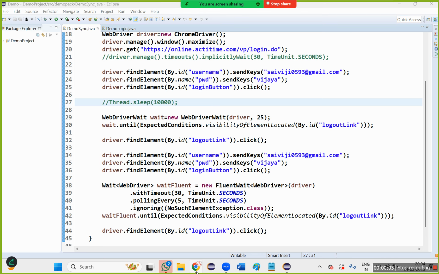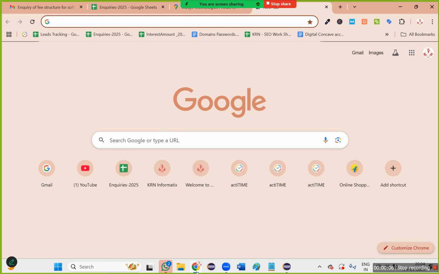Take down heading as checkpoints. I need to open the browser. After opening the browser, I need to open the URL called